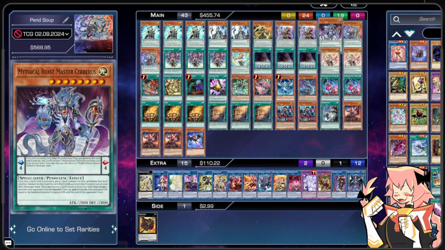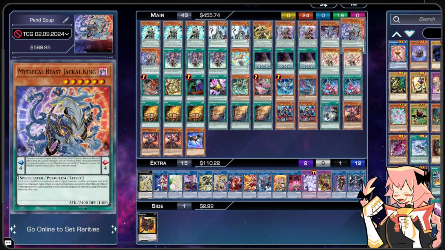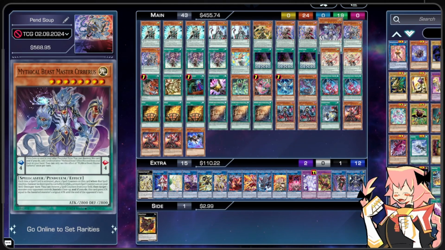We're on 1 copy of Mythical Beastmaster Cerberus. This card in our scale destroys itself. We have nothing on our other scale, and then we'll add a Jackal King from deck to hand. Jackal King, if it's the only card in our scale, will destroy itself and then special summon Master Cerberus from extra deck to our field. This is just a way to load up a Jackal King and then to also special summon the Master Cerberus,